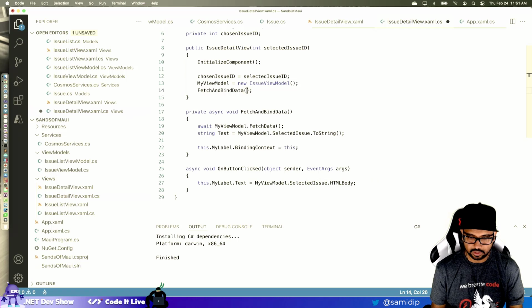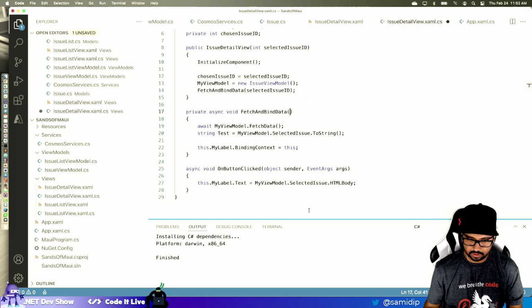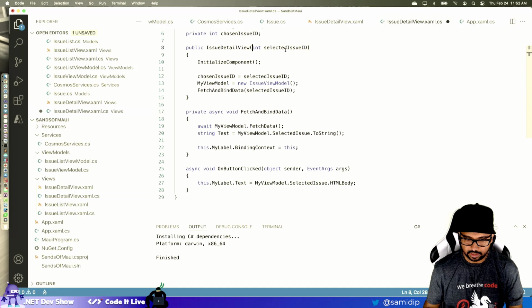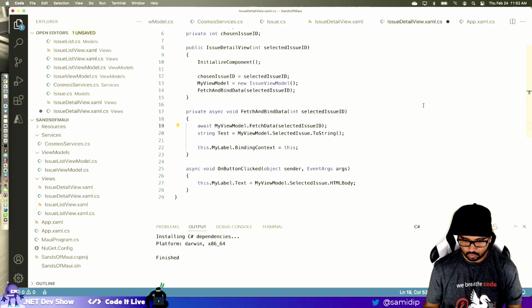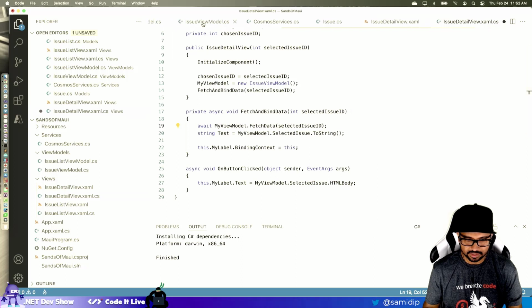No, it needs to actually take in this thing that I got from the other page, right? And this needs to take in an int, and it needs to pass this down to the fetch data on the view model, which needs to turn around and pass it down to the Cosmos service.